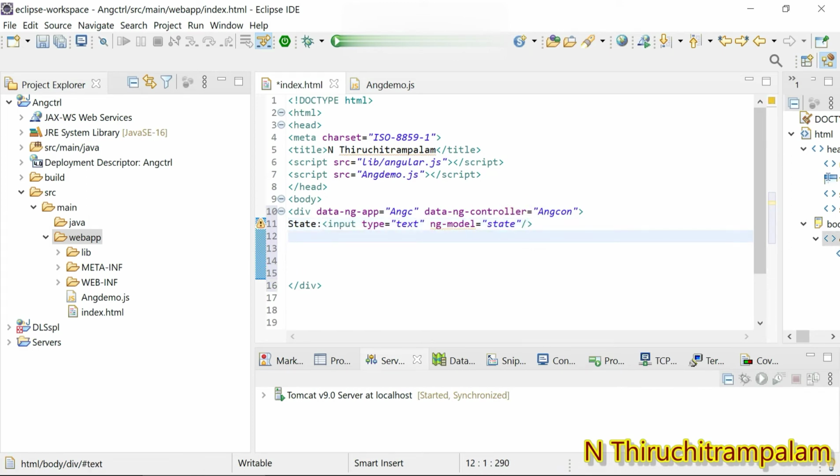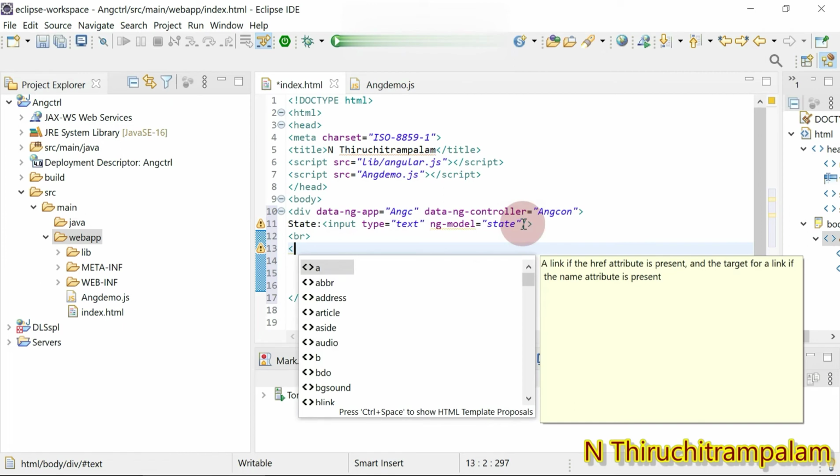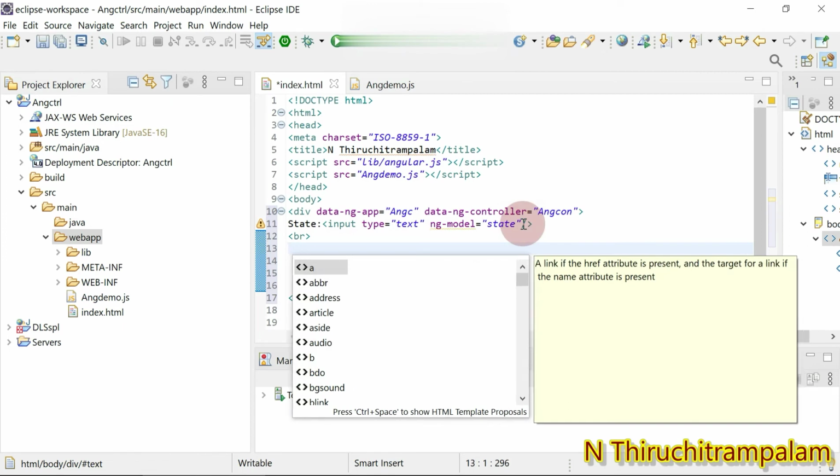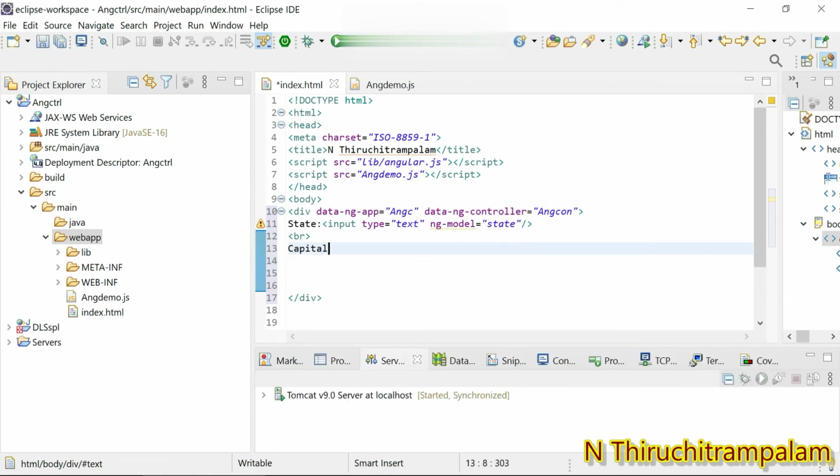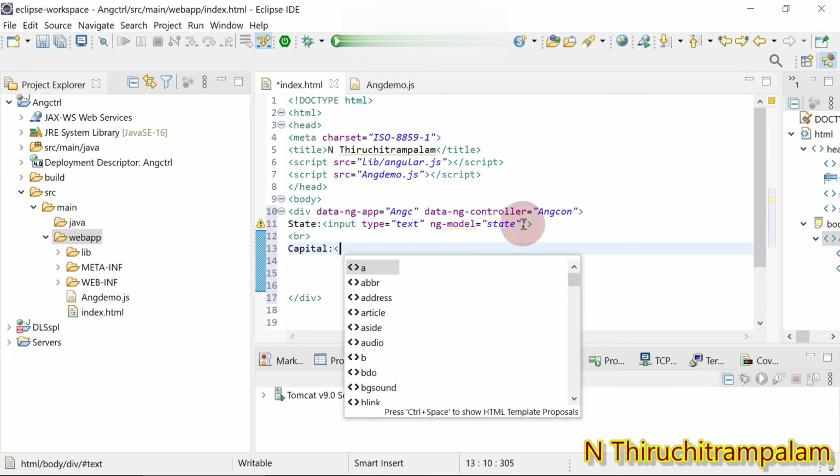Okay, and then I use br just to go to the next line, and here again I just give a label, capital. Whatever label you give it here, that will be displayed on the view page. All right, and then I use the input